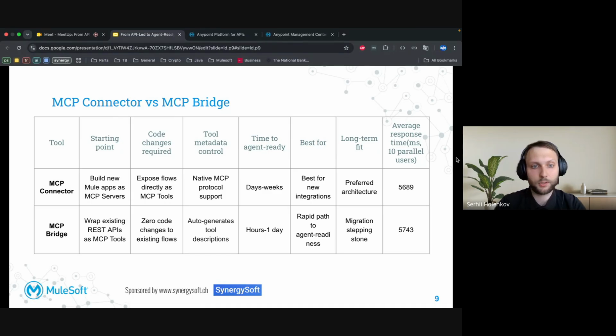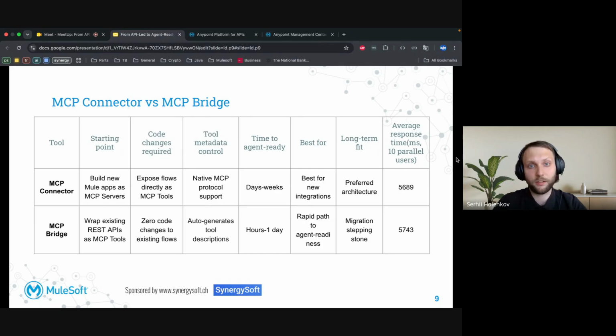And of course, when rebuilding existing integration isn't justified from a budget or delivery perspective, when your APIs are already well designed and map naturally to MCP tools, and when you simply would like to validate business outcomes before investing in purpose-built agent integration. So summarizing, the bridge is the right choice when speed and rapid adoption are the primary goals.